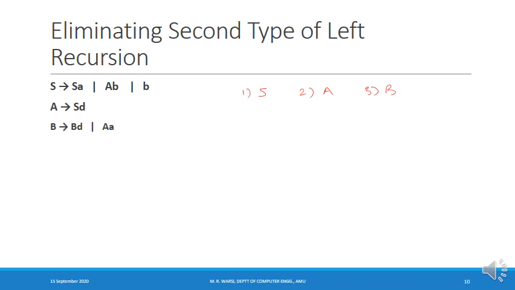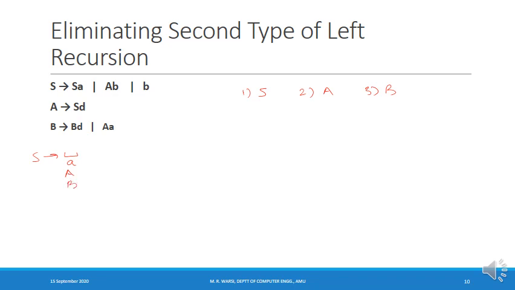When I consider and process the productions of the variable capital S, what is the goal that we have to achieve? The right hand side of the productions of the variable capital S can either begin from a terminal symbol or from a variable which is later than capital S in the order. So that means it can also begin from capital A and it can also begin from capital B.